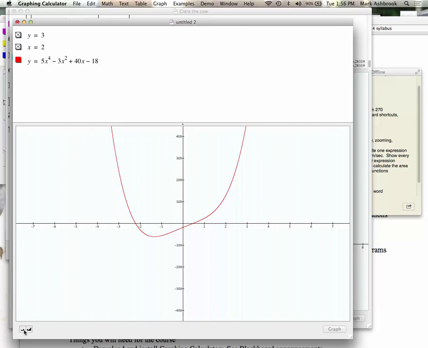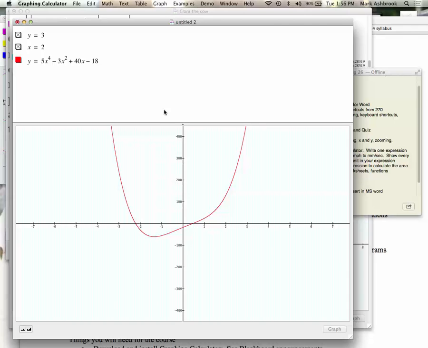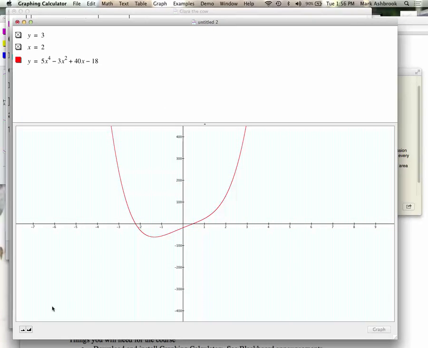Are we good on the zooming? Understand how you can zoom each axis separately, using control and shift for PC. If you do control, it's going to change your x, and if you hold down shift, it'll change your y. You just look for the little arrows down here. If you've got horizontal arrows, then it's zooming in and out on your x. If you've got the vertical arrows, you're zooming in and out on your y.